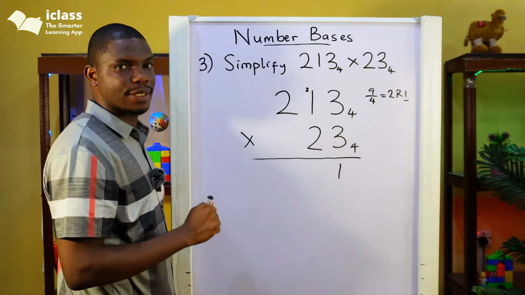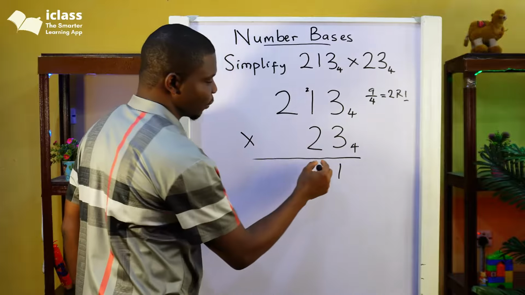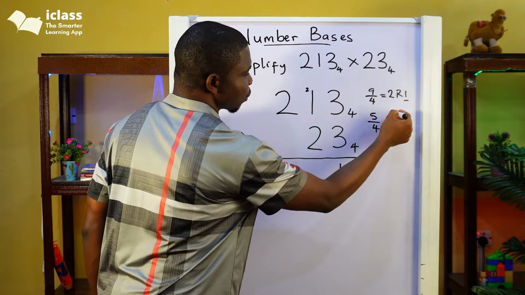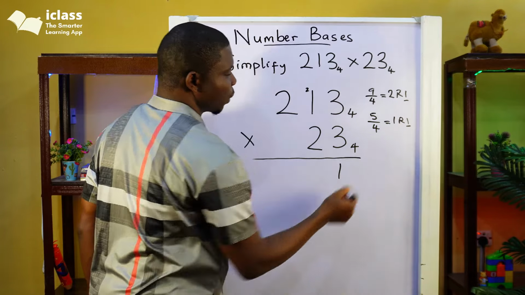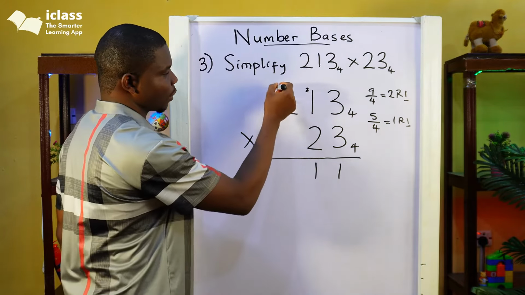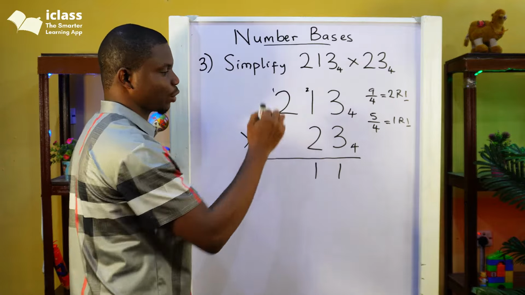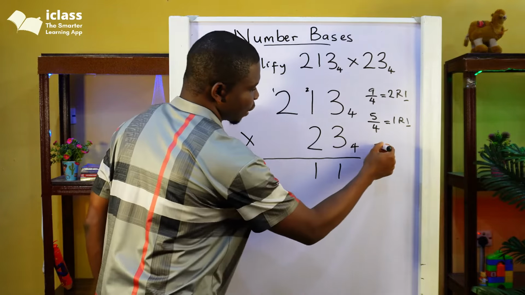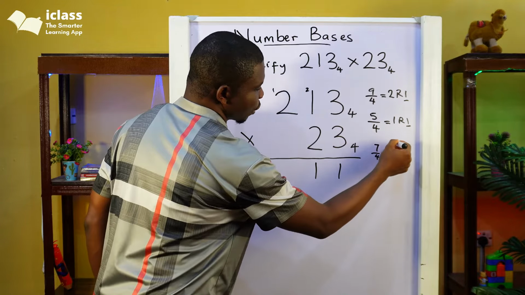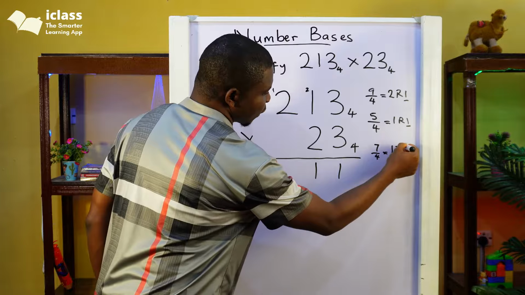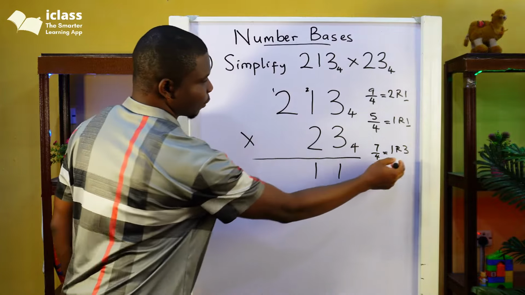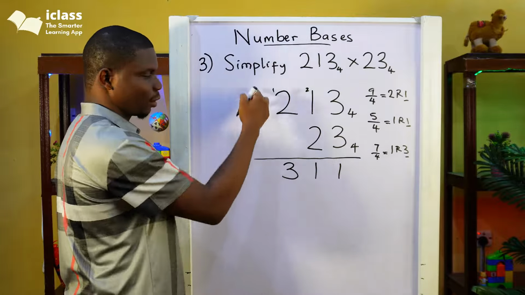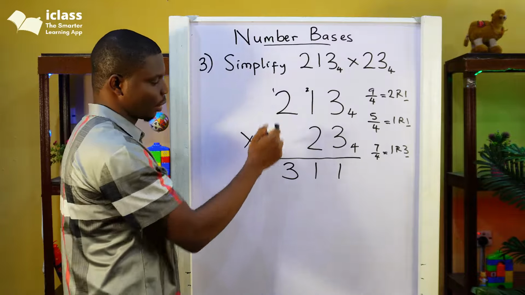3 times 1 is 3 plus 2 is 5. Instead of writing 5, we say 5 divided by 4. This is going to give us 1 remainder 1. We write the remainder and take 1 to the next place value. 3 times 2 is 6 plus 1 is 7. Instead of writing 7, we say 7 divided by 4. This is going to give us 1 remainder 3. So we write 3, the remainder, and then since there's no other digits after this, we bring down the